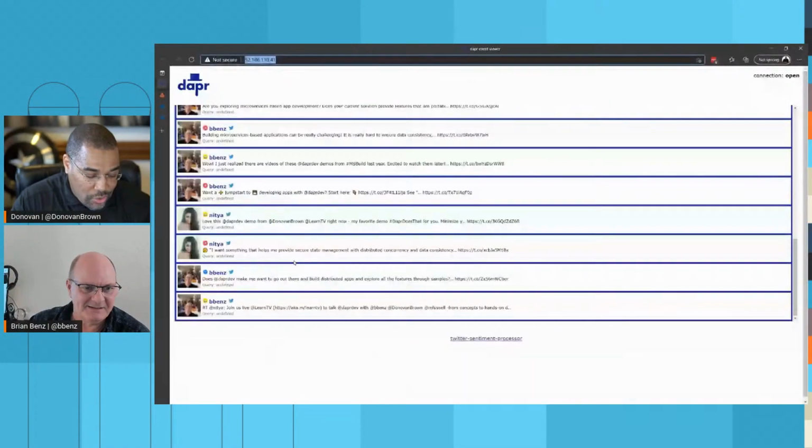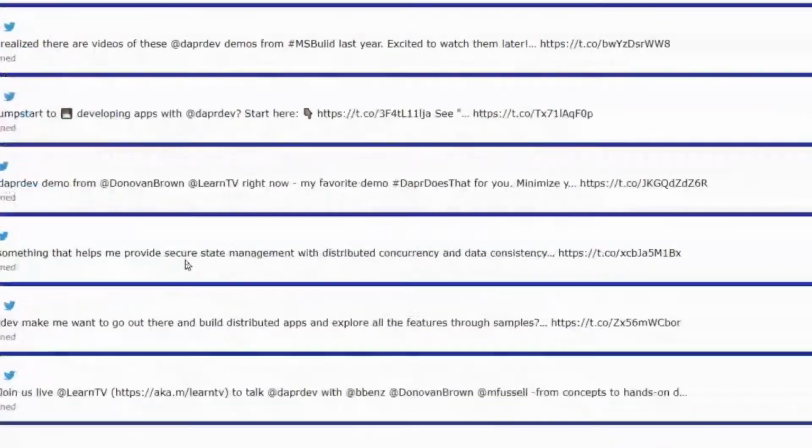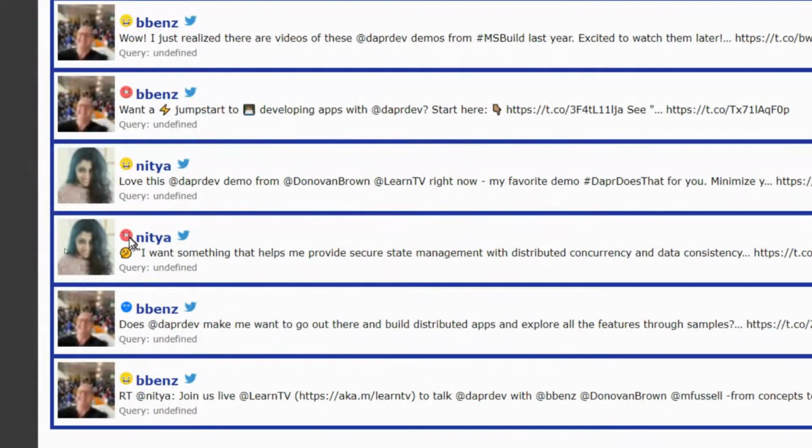Yeah, that's great. I did post some pre-made tweets that we had to manage sentiment while you were showing off the app. So the sentiment should be slightly different now. Yeah, so if you go back to my screen here real quick, I can show you how that's actually been handled. So here you can see Nitya did some really good negative tweets for us. We have one where she's obviously happy as well. And then we have an example of a neutral one as well.